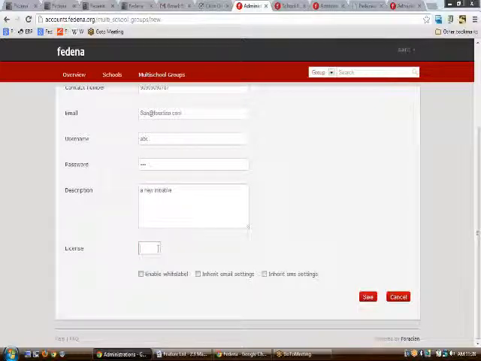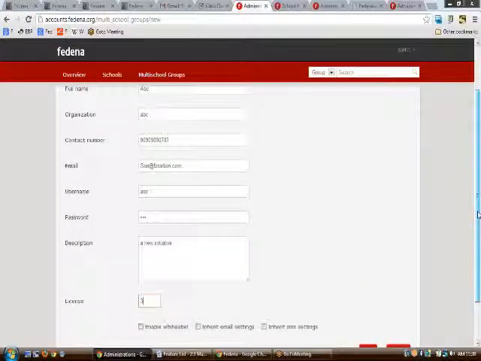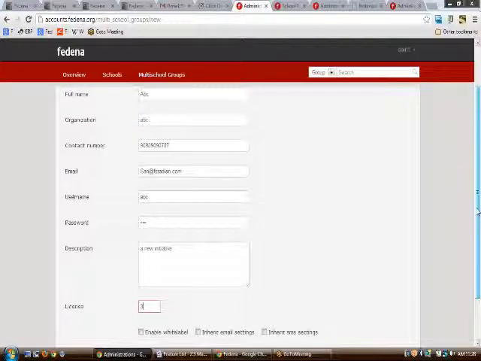Now you have to put the number of licenses that you can have for that particular group. So 23, or let us say that I have only 3 schools remaining, so I can just put 3 here. And please note the 3 settings that are up here. So enable white label. If you use enable white label, the multi-school group would be having their own white label settings.